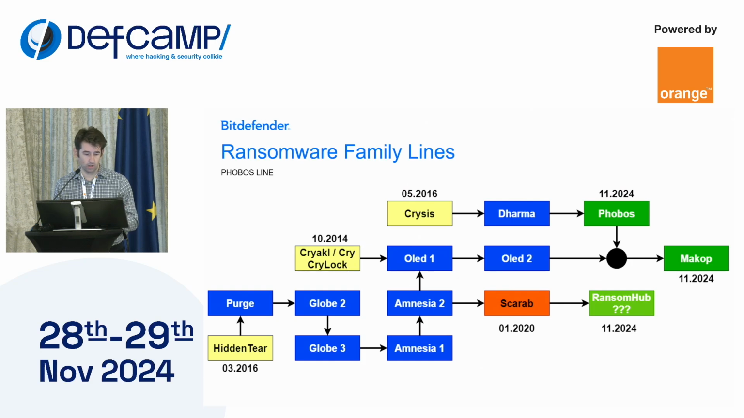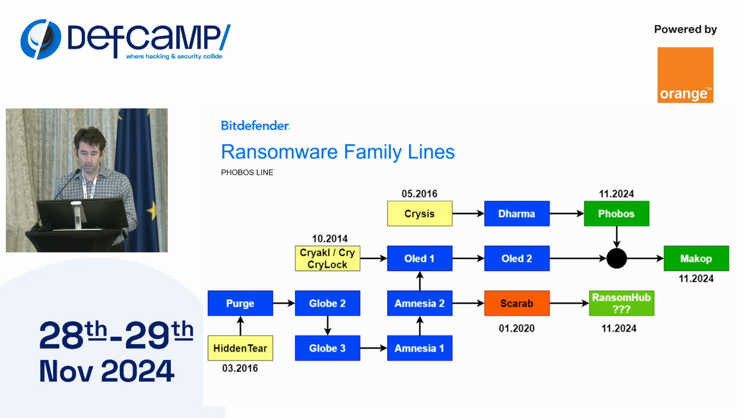So this one and the next one, the Lockbit, are the most complex genealogies, and the roots here are Hidden Tear, Kriak and Crisis, and Hidden Tear evolved into Amnesia 2, the second version, and we have a split with OLED, which also has a root into Kriak. Amnesia also evolved into Scarab, and this is an orange box because I'm not sure whether it died or not. So maybe the guys behind it are still active. And this Scarab evolved into Ransom Hub, which we don't see a lot of activity from them, but they may